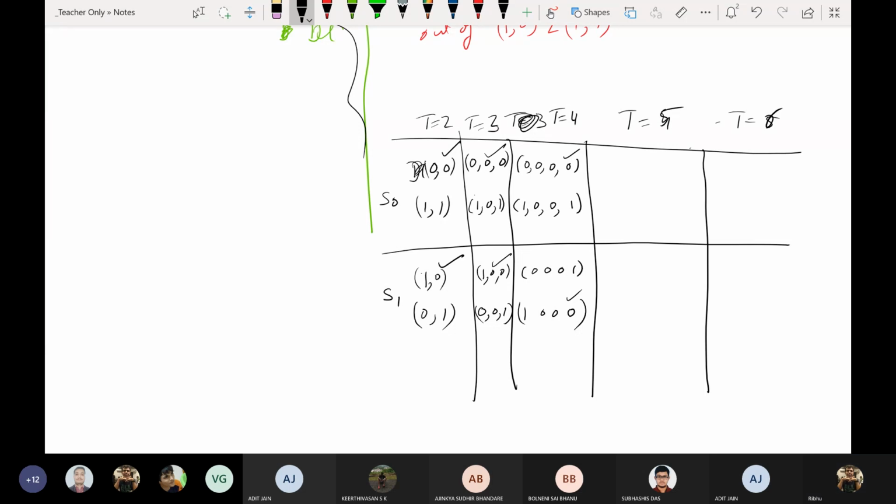You have to take that if it is at S0, this is the most likely path. If at this point it was at S1, this would have been the most likely path. You can only say that. So how do we decide whether it is S0 or S1? That you cannot judge. But that will become clear once you see that at t equals 5, there will be information about t equals 4. You have to take that information into account as well.